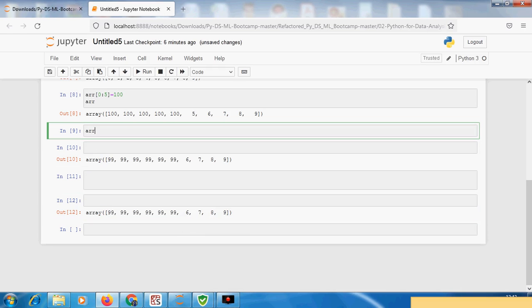Array 2D equals np.array, a two-dimensional array. Within parentheses and square brackets. Since it is a two-dimensional array, we have to use double square brackets, in which I am giving the